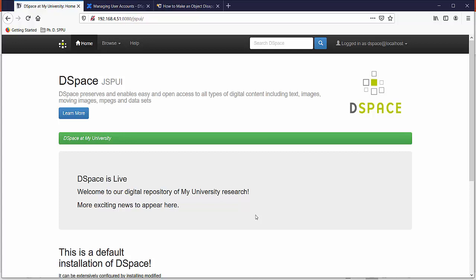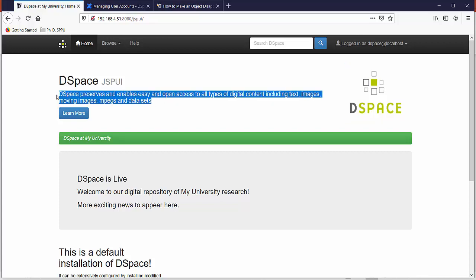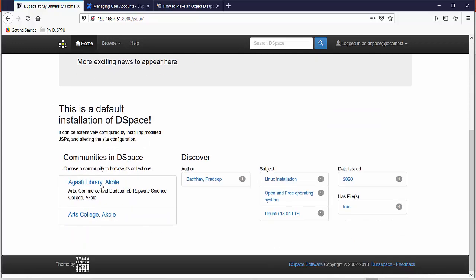Okay, let's see how to create a user for submission. We are currently using the DSpace admin login. That is not a good practice. We may need to create a submitter, or we may need to assign collections and communities to be handled by some other person.